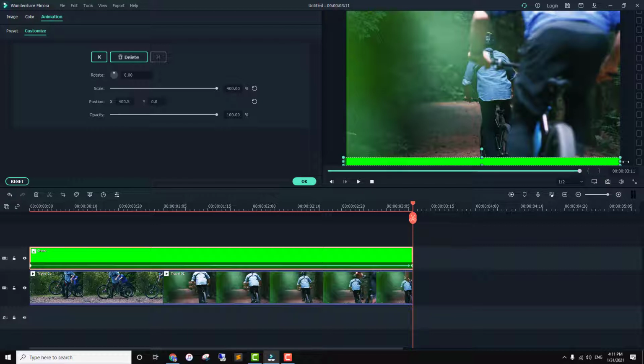And if you have noticed, when I changed the initial value and the final value, there is a line drawn. It is an indicator that there is a difference between the first and the final keyframe. So let's check what we have built.